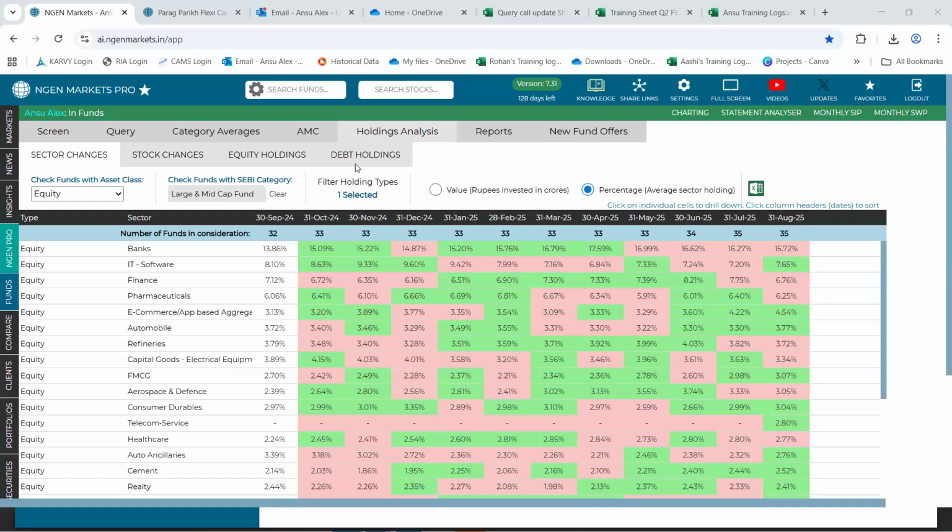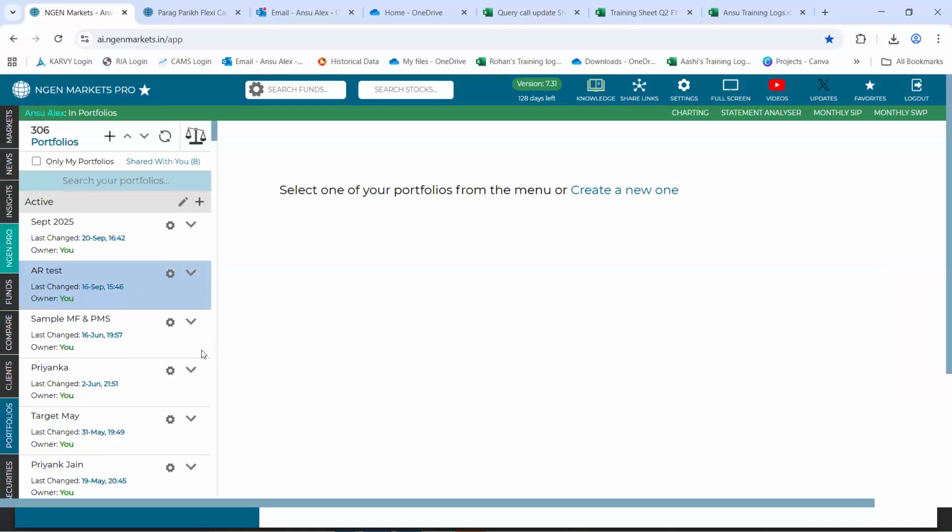Okay. Same thing, meaning how much is in banking? Again, if I go to banking, which banks are they holding? Yes, we can get it on a portfolio level, on a weighted average basis. It will show you how it is holding into each of the sectors. Top 10 is what we show on a sectoral level, only top 10, not all. All we show in the overviews tab, but on the sectoral level, it will be the top 10.